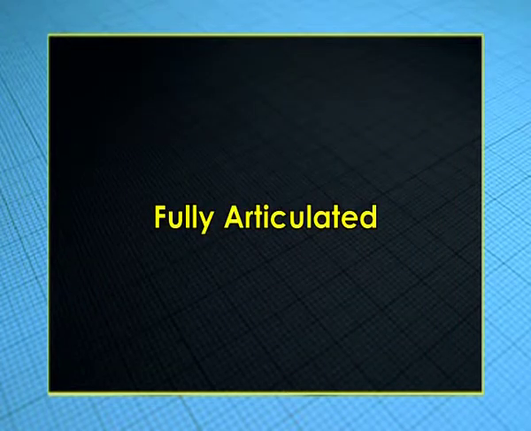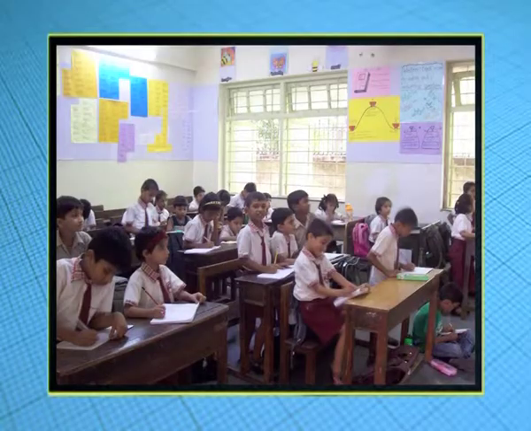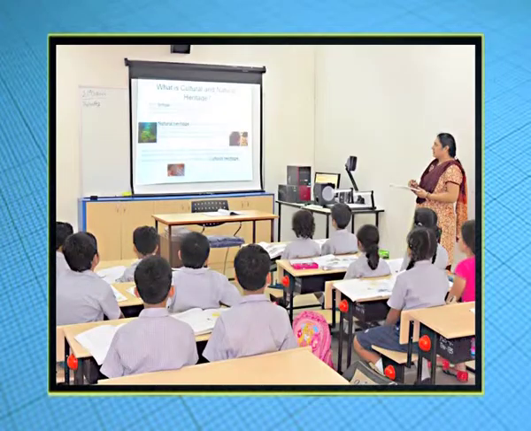Now, number 4, fully articulated. Although courses and other educational activities contribute to the quality of a curriculum, the way that they are arranged in relation to each other makes the difference between experiences that are merely satisfactory and experiences that are superior. Curriculum articulation may involve the resolution of content conflicts across different areas or development of a logical instructional flow from one year to the next.